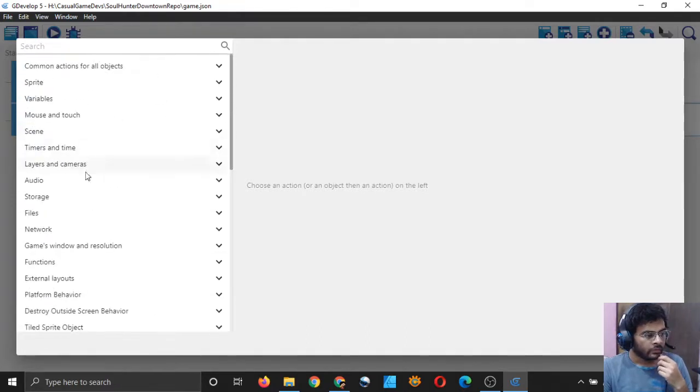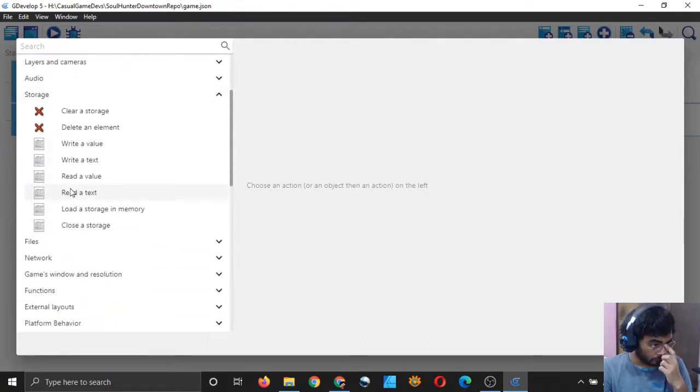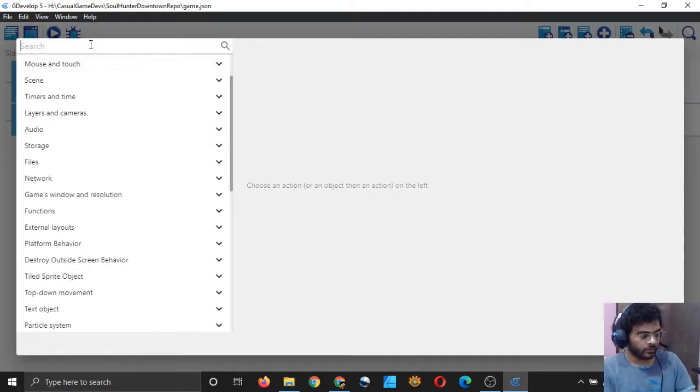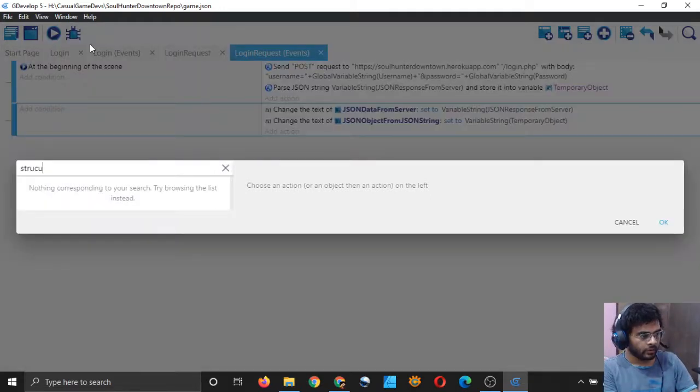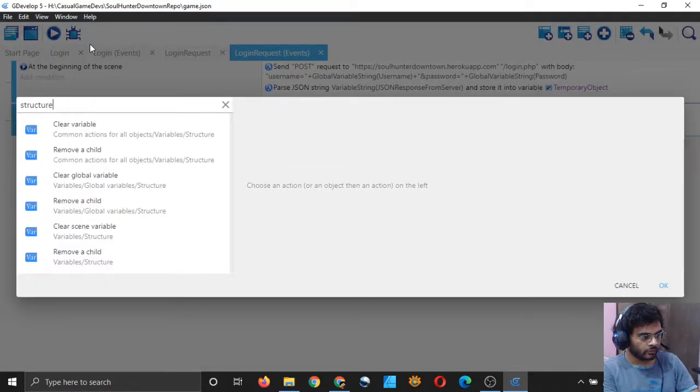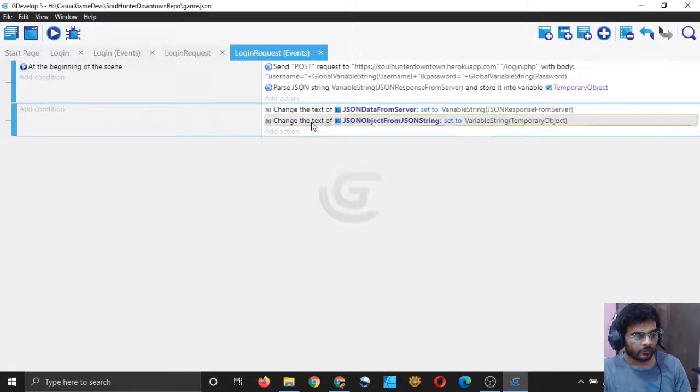Okay, I only have a few things for JSON, and let me just type structure. Will I get some structured variables? Remove a child. Let me see if this works.